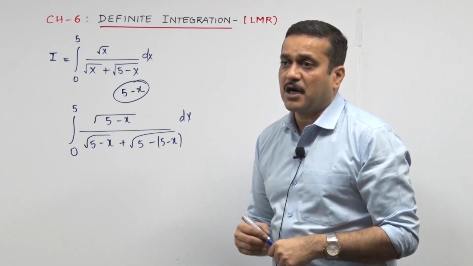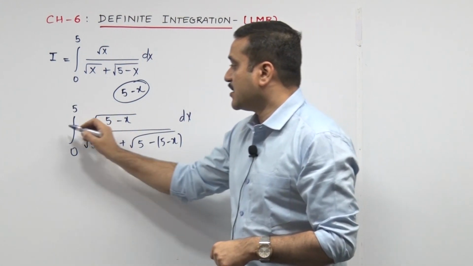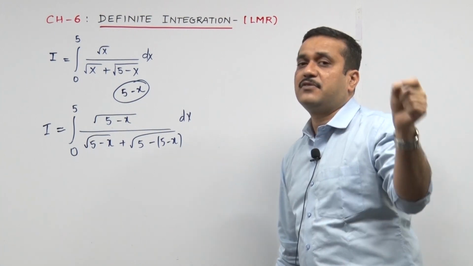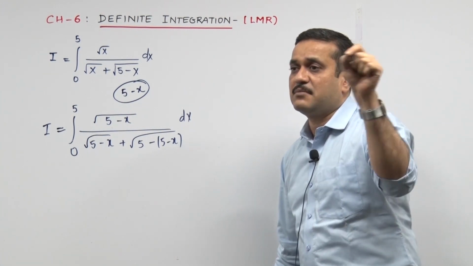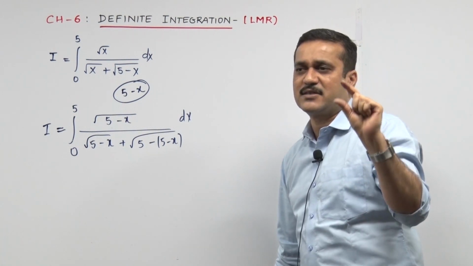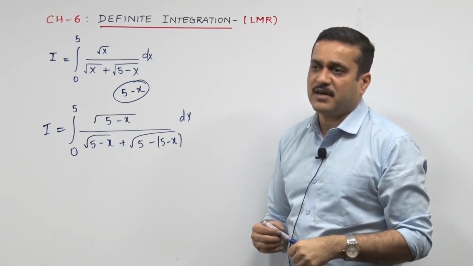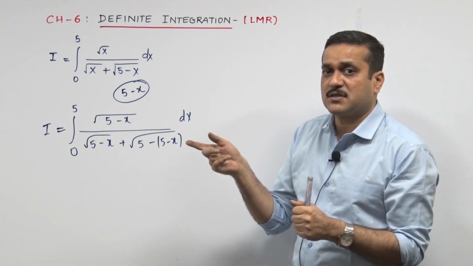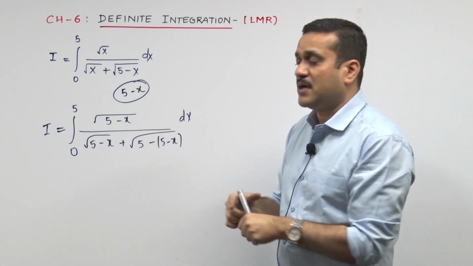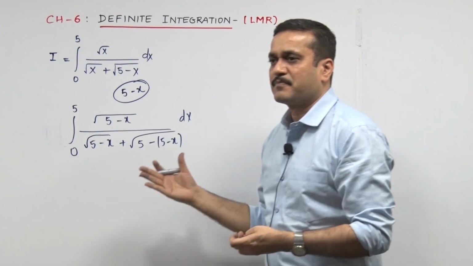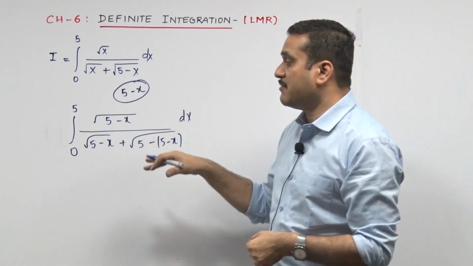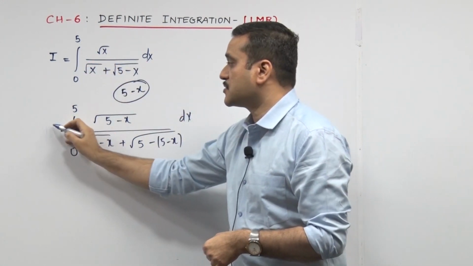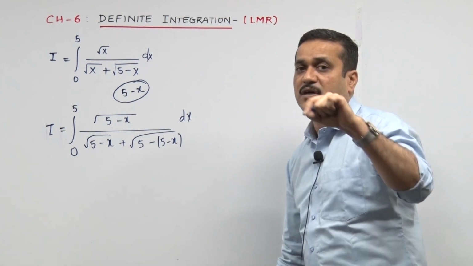The most important part of the property comes here now. Even that answer is going to be I. That's what the property tells me: even after changing your x to a minus x, the answer remains the same, and we saw by a small example, wherein I took a very simple function, to be very honest, I took it as x. But we saw even after changing your x to a minus x, the answer still remains the same. So the property now gets applied completely just by changing your x to a minus x. You cannot say you have applied the property only by that. Only when you say, if that answer was I, even this answer is also going to be I. That's the point you have applied the property completely.